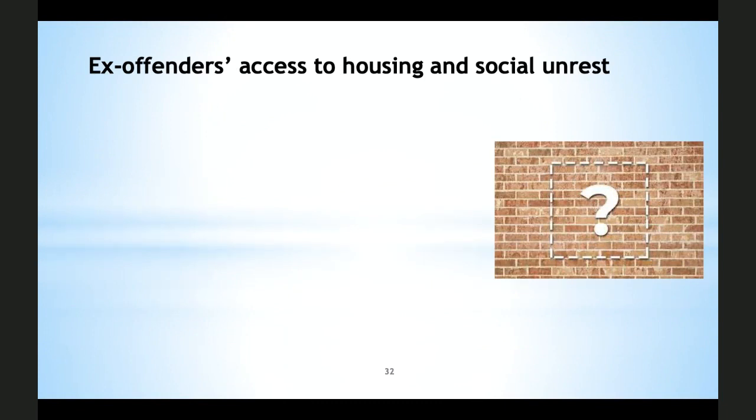Now, part of my PhD project is to study these conflicting housing rights and to determine how local authorities and the partner organizations aim to balance these rights, using the Netherlands as a case study. There are 3 questions I would like to briefly discuss with you as part of an exploratory study I'm currently working on. First of all, how often does social unrest actually occur resulting from an ex-offender returning to the neighborhood?